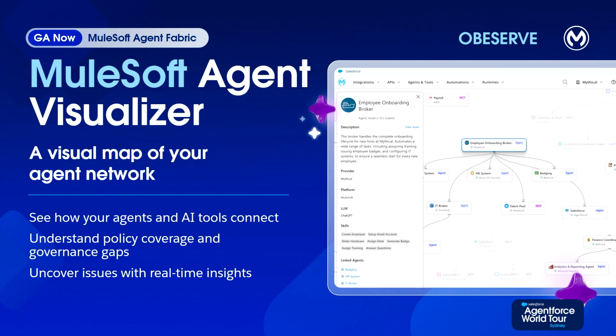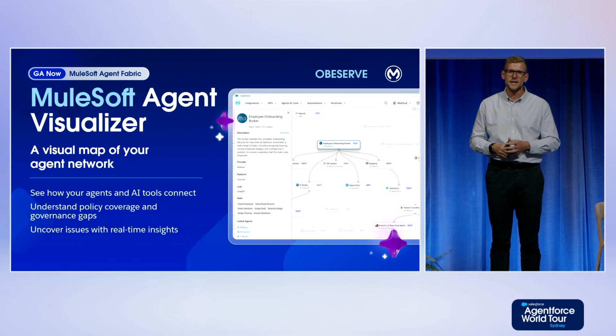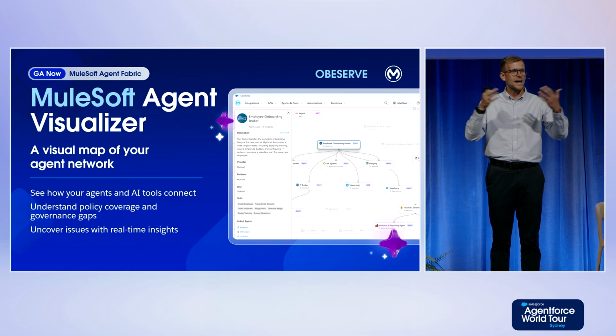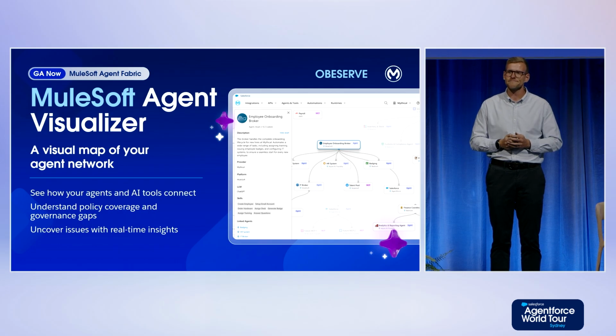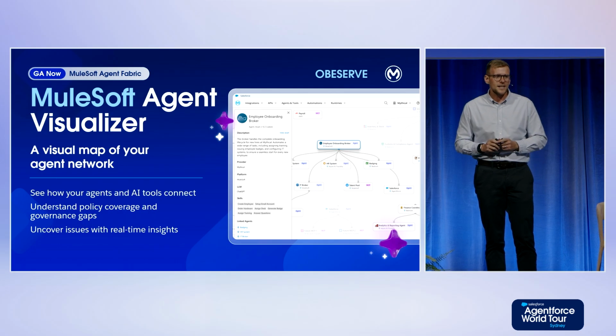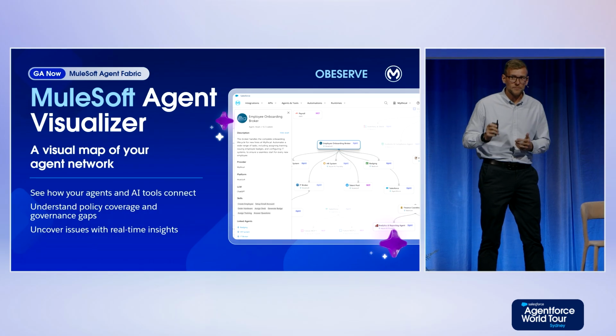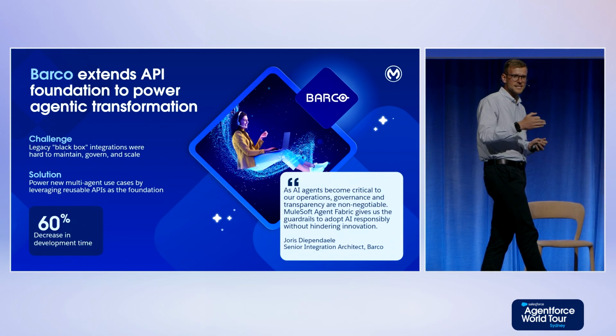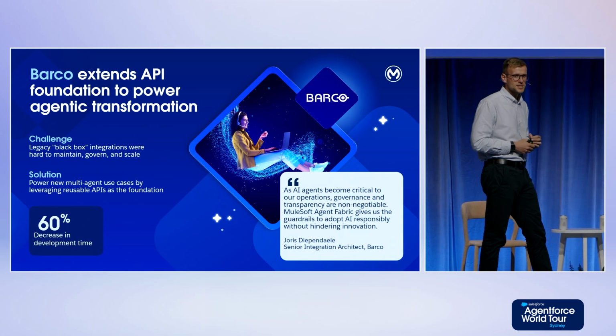As you think about, again, this network of dozens, if not hundreds of agents, you want to make sure, again, that they're interacting in the right way, but increasingly you're going to want to know, how can I make this more efficient? How can I make sure that they're choosing the right model that's more cost effective? How can you make sure that you have policies applied in the right places? This map is there to help you do that with ease, just from visual sight. So it's pretty exciting, and again, this is all GA. We've got customers using this today and extending their MuleSoft ecosystem in this place.